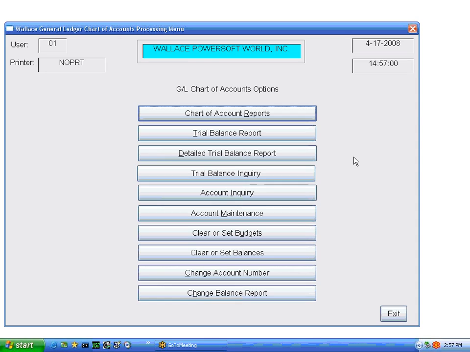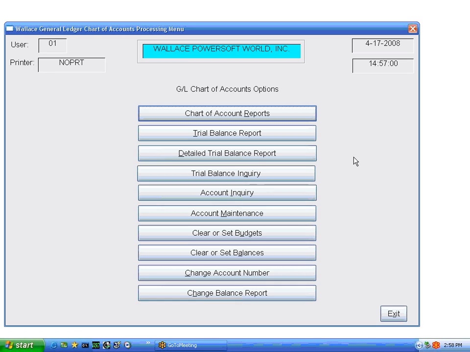If you're not familiar with setting up a chart of accounts and you're not a General Ledger type person, it is very important to look at pages 6, 7, and 8. It'll give you a little idea of how things are normally set up if you're not familiar with accounting. The second thing you may want to do is call up and make an appointment with one of our accountant consultants. We have accountant people on staff here who will give you assistance and point you